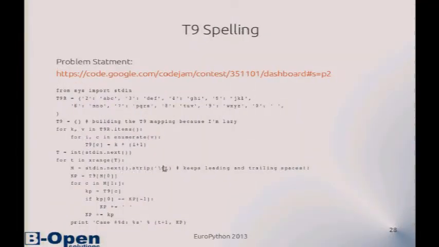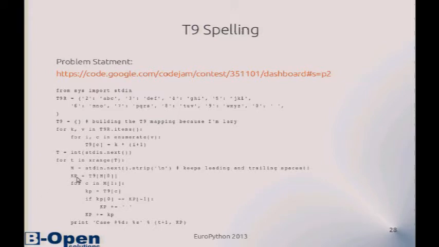Anyway, after that, it's pretty trivial. The most important point to notice here is that I get a line, and then I skip only the return. Strip usually strips also initial, leading, and trailing spaces. This is not what I want. In the statement, they didn't say that there won't be leading and trailing spaces. And since the space is one of the characters that is possible to use, I wanted to be sure. You need to think not to do the input in your usual way, which would be with strip.